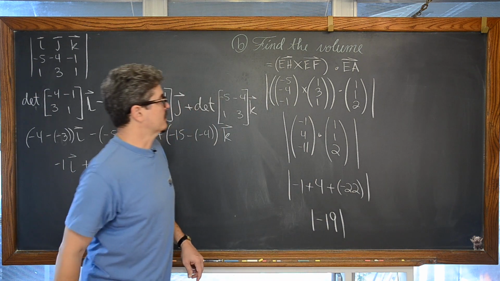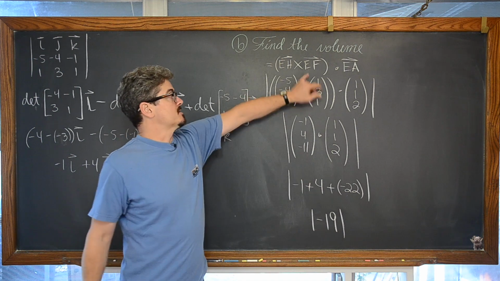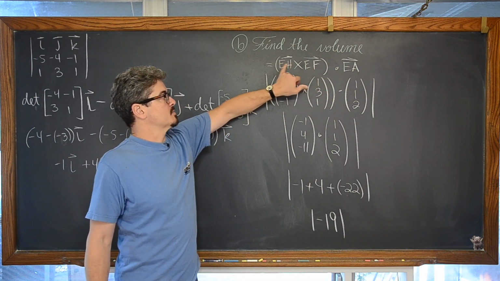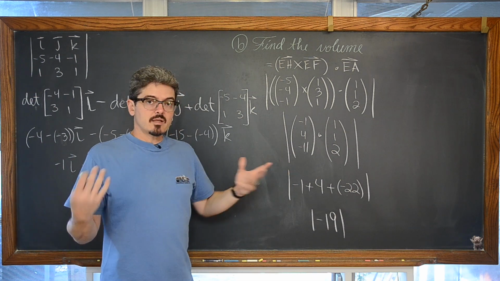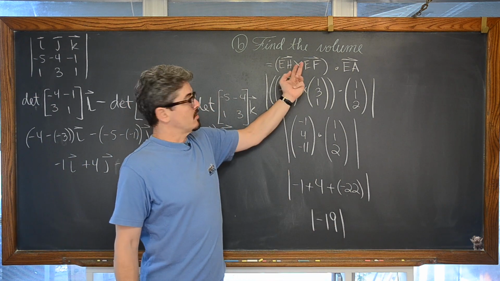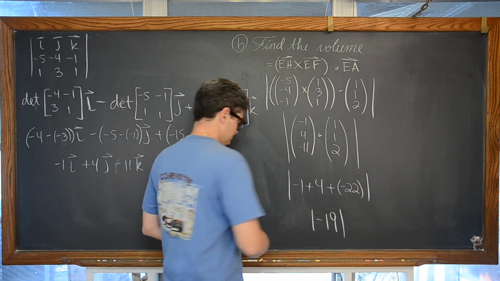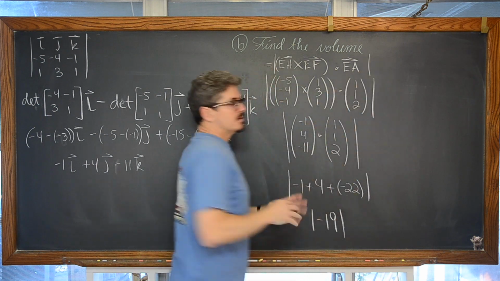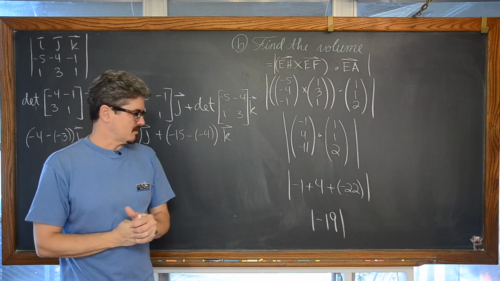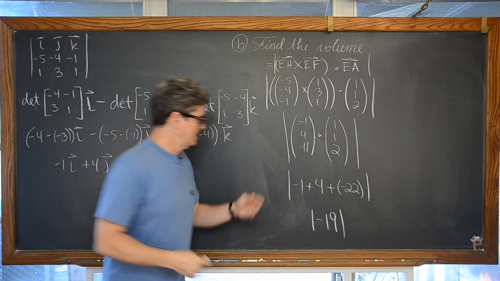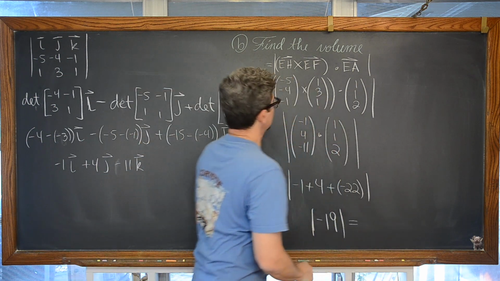Now here's a perfect example here. My notes are written, so I was just kind of doing this on the fly. I did do these notes as vector EF crossed with vector EH, and my volume came out to be a positive number. This time doing the example on camera, I switched the order of this vector cross product and got a negative answer for volume. That's why we need to keep the absolute value around this, I think it's called a triple product, if I remember correctly, and something I saw online. My book doesn't use that phrase, but I saw it as I was doing some reading for this video and research. This comes out to be a volume of 19